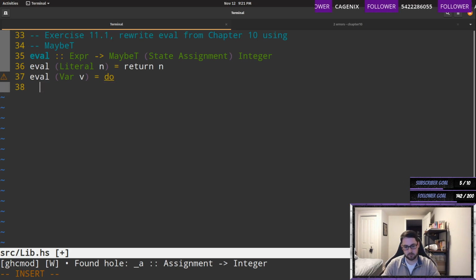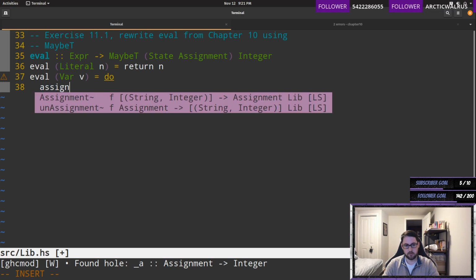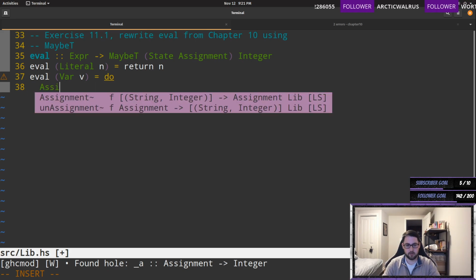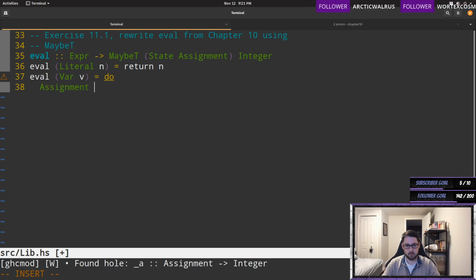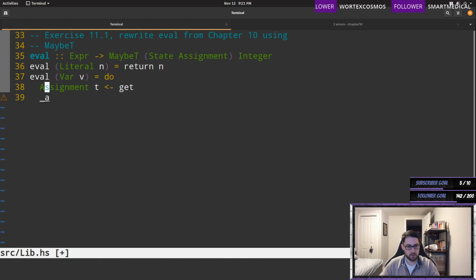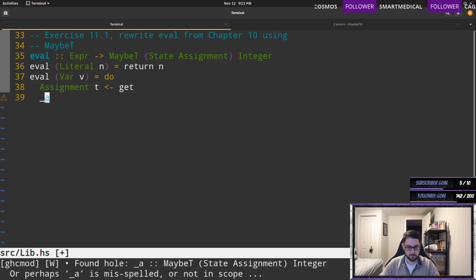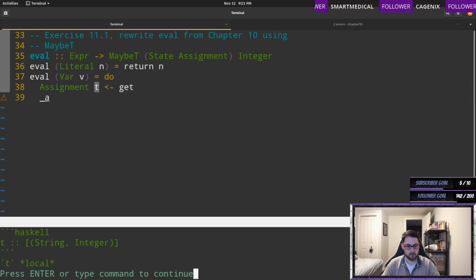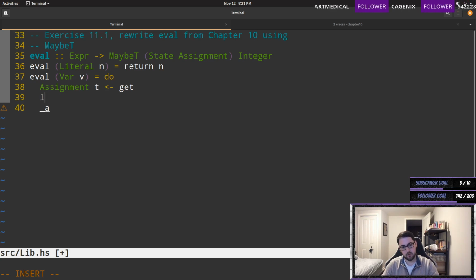What if we do it like this? So we're gonna have assignment. Well, it's really assignment. I don't know. T for table. Get. Put a hole here. And what's T is our thing. So we'll let